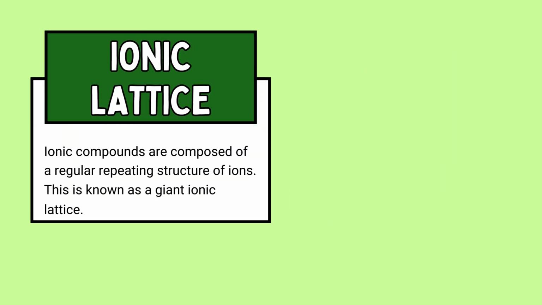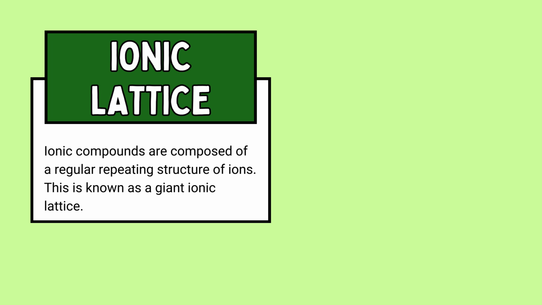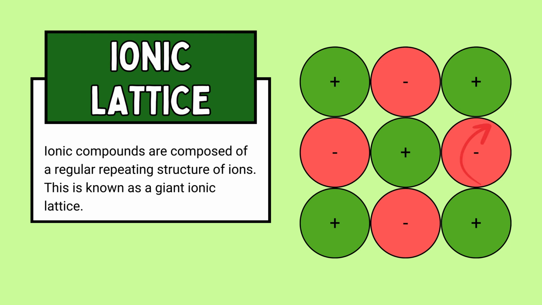In the last, we will study ionic lattice. Ionic compounds are composed of a regular repeating structure of ions. This is known as a giant ionic lattice. The lattice is held together by electrostatic attraction of